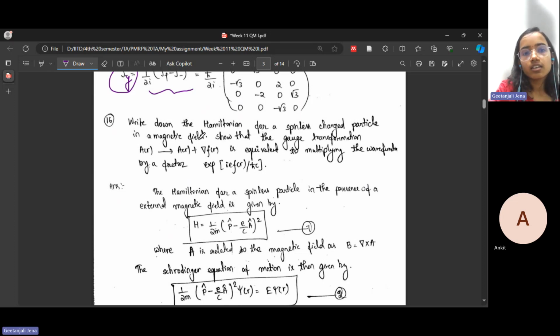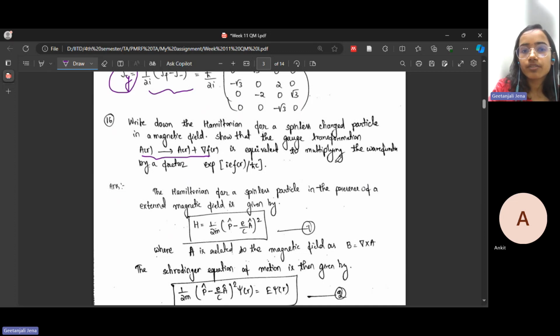It is asking: write down the Hamiltonian for a spinless charged particle in a magnetic field, and show that the gauge transformation, that is when the potential A(r) goes to A(r) plus the gradient of f,